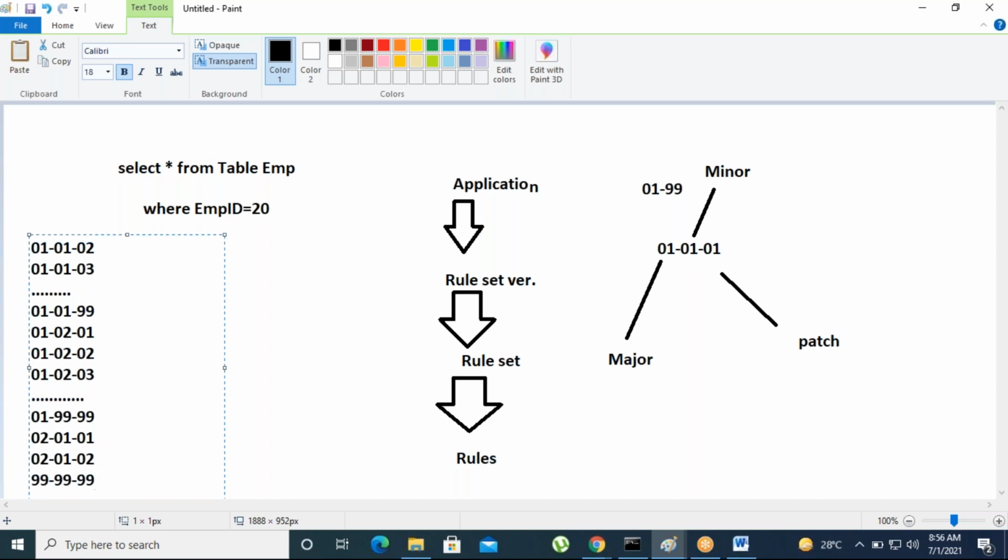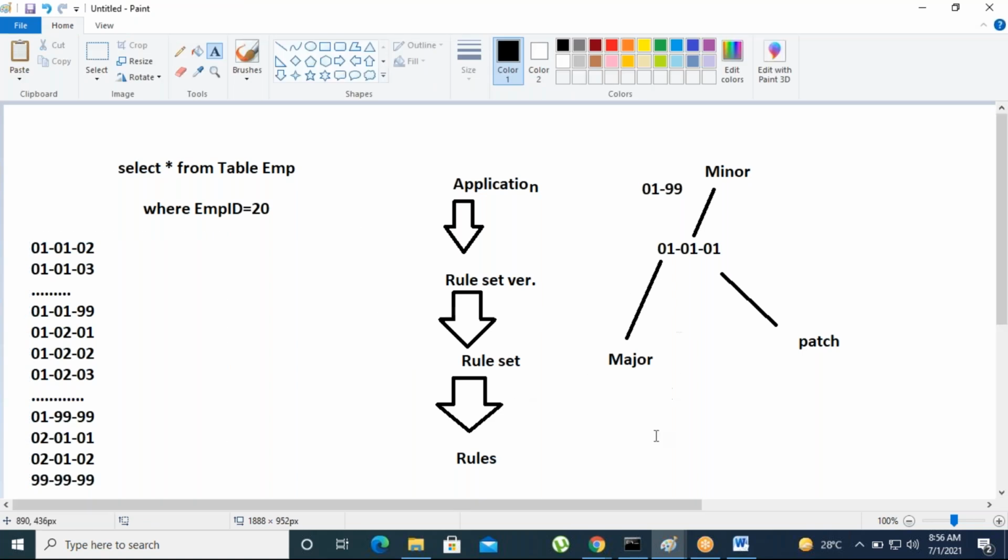So this is about application versioning, and now we will create them one by one. This is about rule sets, versioning, and rules. Any questions, guys, till now?